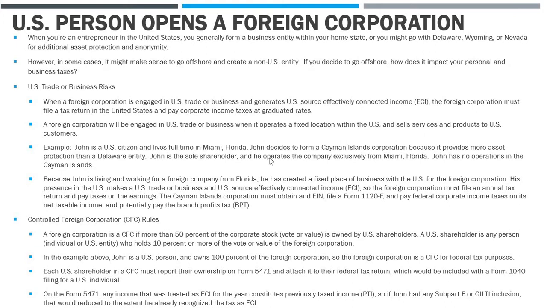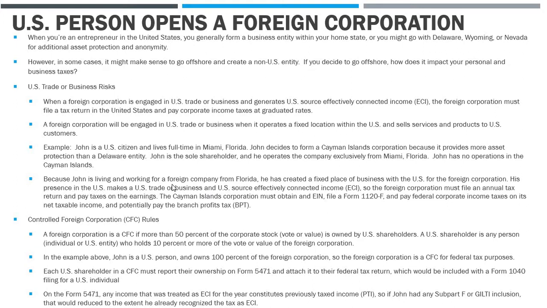And so that's why the foreign corporate entity, even though it's in Cayman, is going to have to file a tax return in the U.S. and pay U.S. federal corporate income taxes, even though it's a non-U.S. entity, right? So again, just to recap here, as I summarized, because John is living and working for a foreign